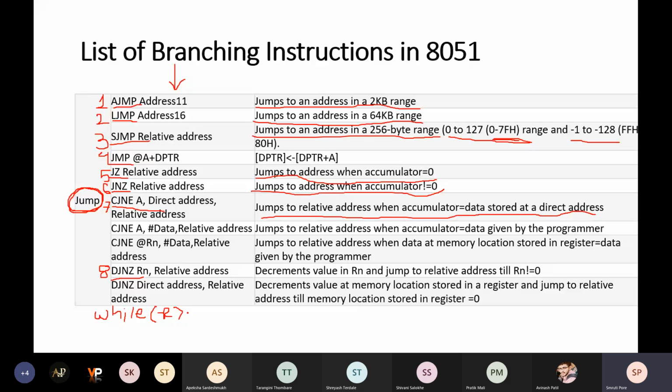For that, how to write it in the assembly language? For that, you are using DJNZ. So inside the while loop, you are normally performing x minus minus. Correct? Do you remember this in the C programming, Avinash?